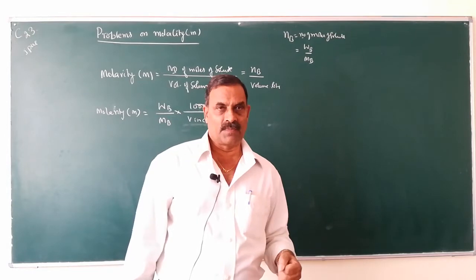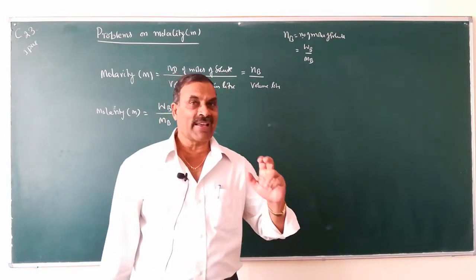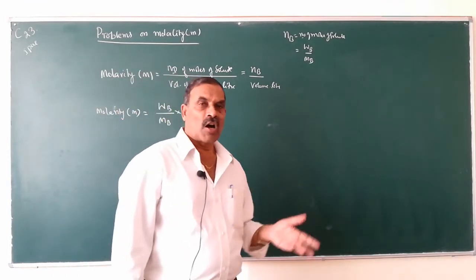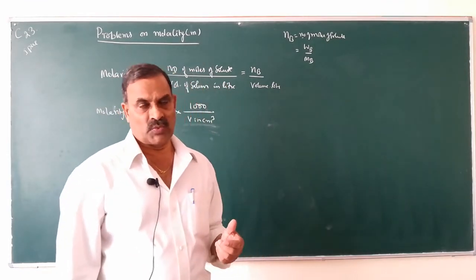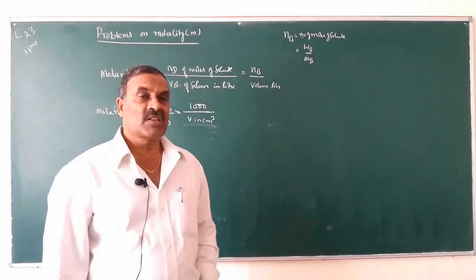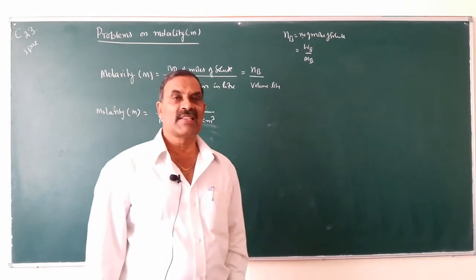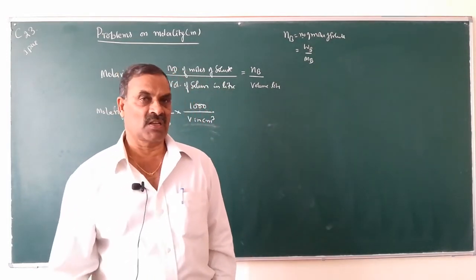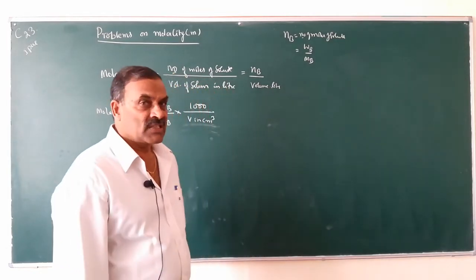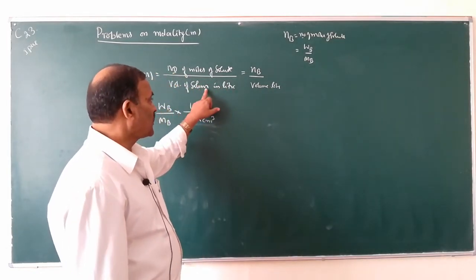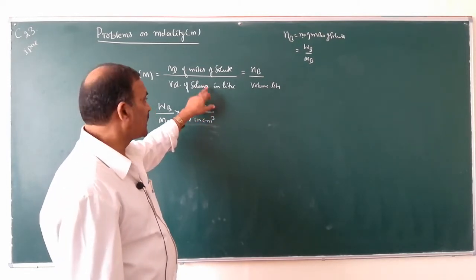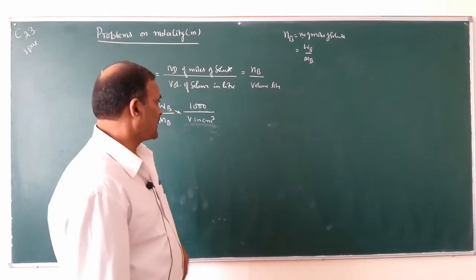1 molar. Then what is the unit of molarity? Unit of molarity equals moles per liter or moles per dm cube. And then lastly, what is the effect of temperature on molarity? Molarity is inversely proportional to temperature. When temperature is increased, molarity decreases, because when the temperature is increased, volume of the solution increases. When the volume increases due to expansion, then the molarity decreases.